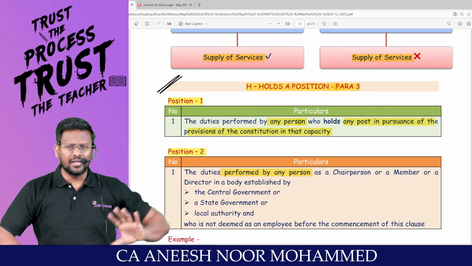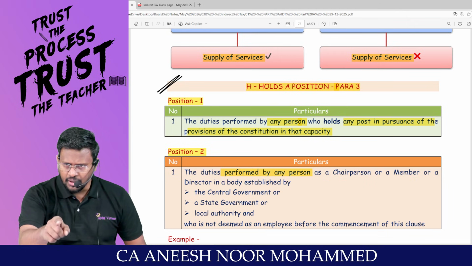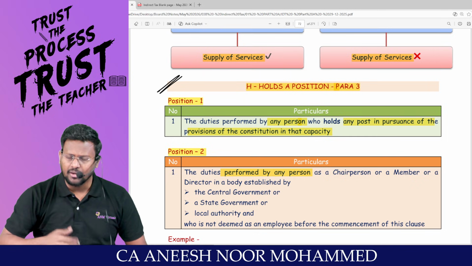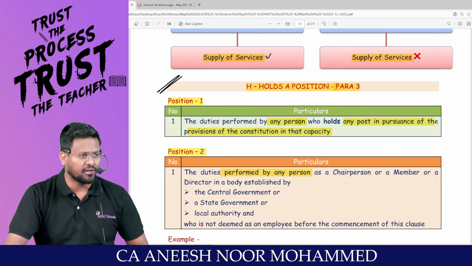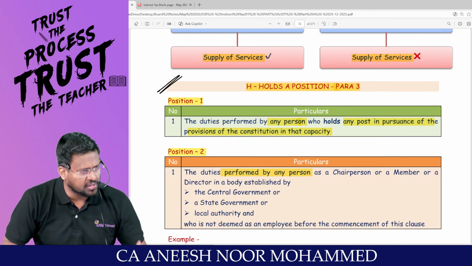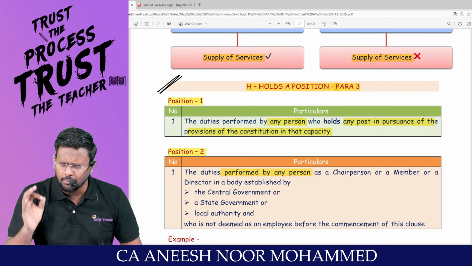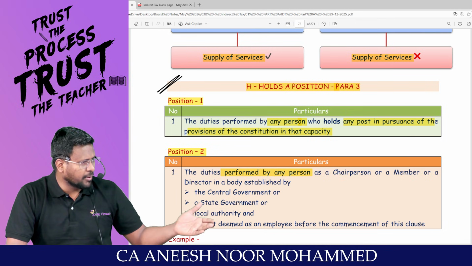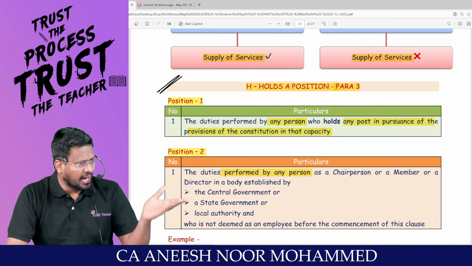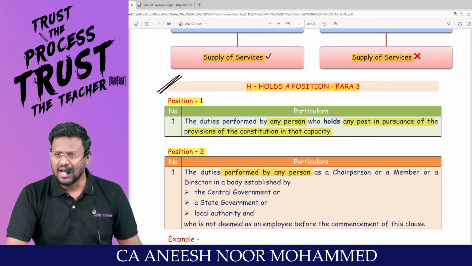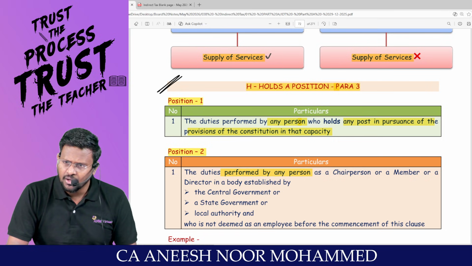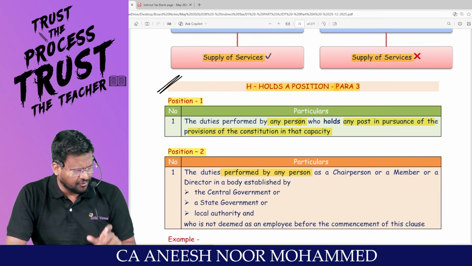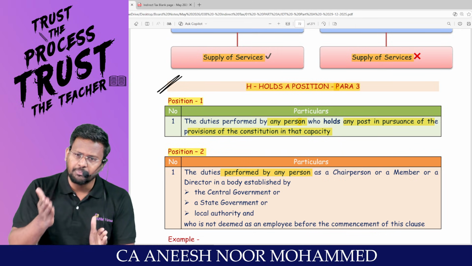That means what they are trying to say is, if you are an employee and I am an employer, service provided by the employee to the employer in the course of his employment is neither supply of goods nor supply of services. Will everyone fall in the employer-employee relationship? No, sir. There are certain people, MLA, MP and all. Are they employer-employee? No, sir. Are they employees of any person? They are representatives of the people, not employees of the people. Are you understanding the difference? So they have come up with para 3.